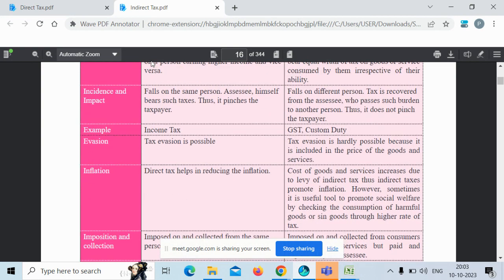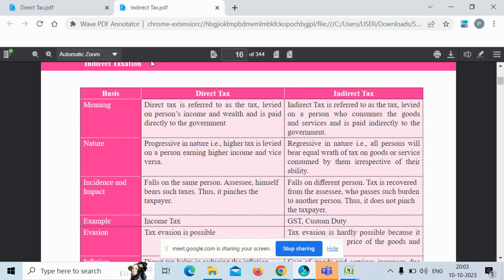Again, in a tabular manner they have presented. I'll give a quick read. Direct tax is referred to as tax levied on a person's income and wealth and is paid directly to the government. Again, the same point is repeated: I am directly paying to the government. Indirect taxation is referred to as tax levied on a person who consumes the goods and services and is paid